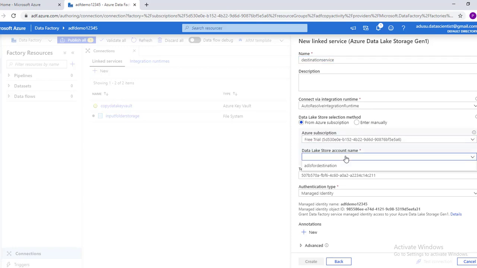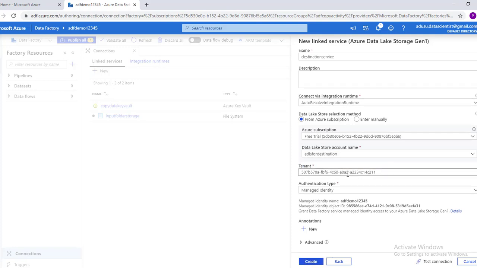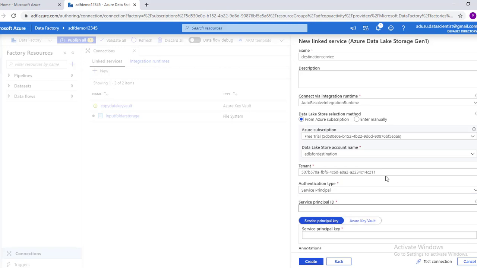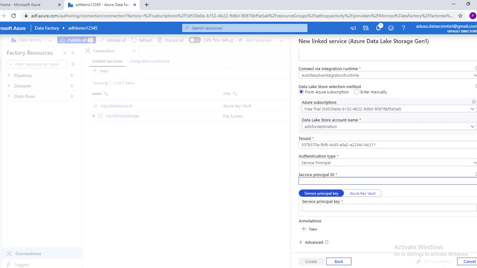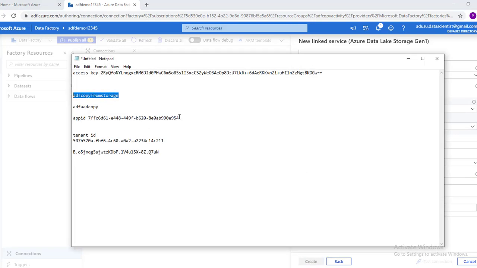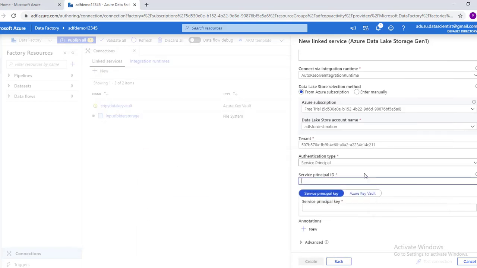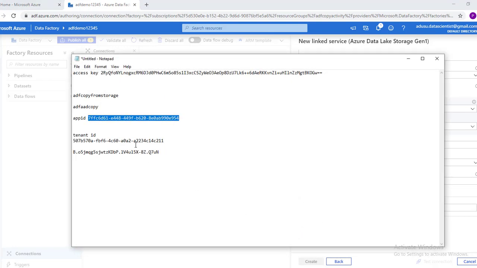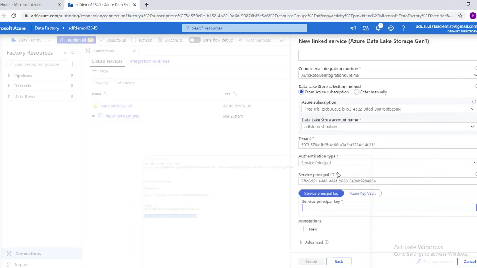This is the subscription account name, and here we'll use service principal ID, which is the app ID. This is the app ID, which is also called service principal ID, and the key, this is the key, key here, test connection.